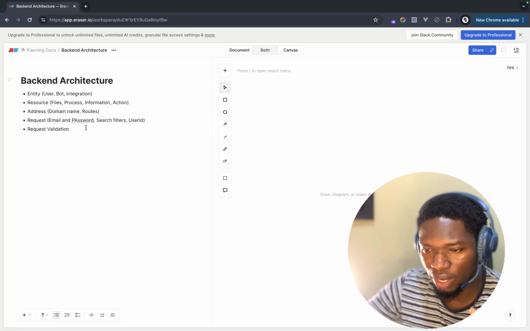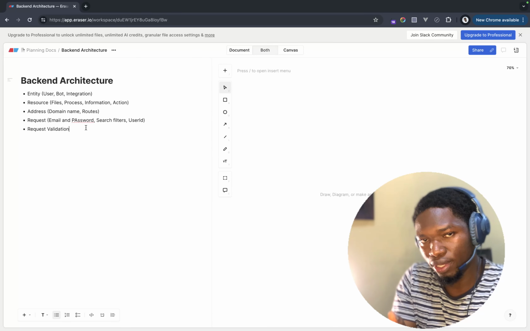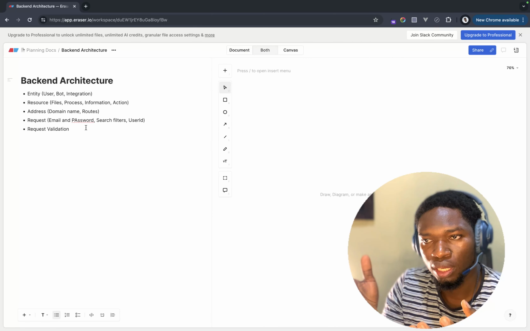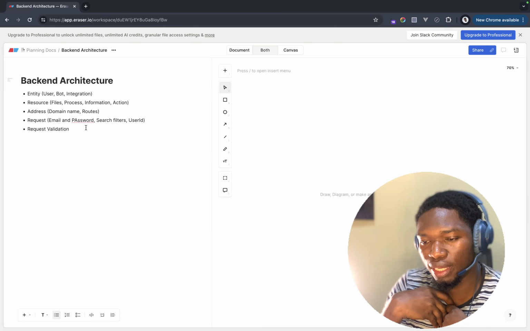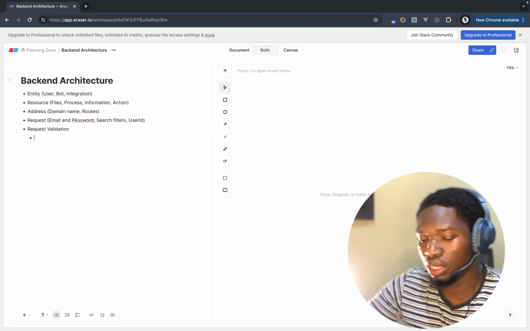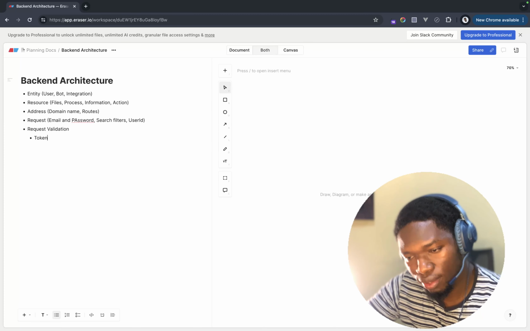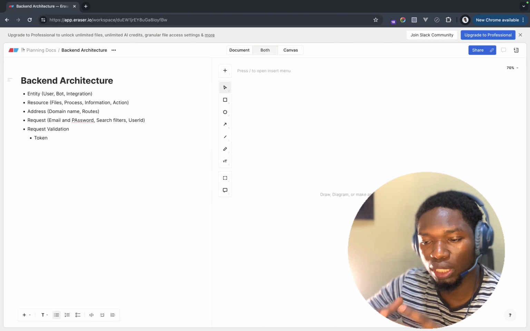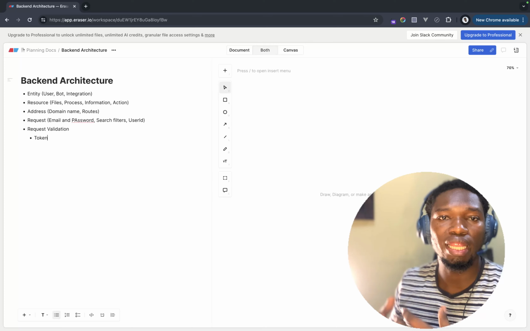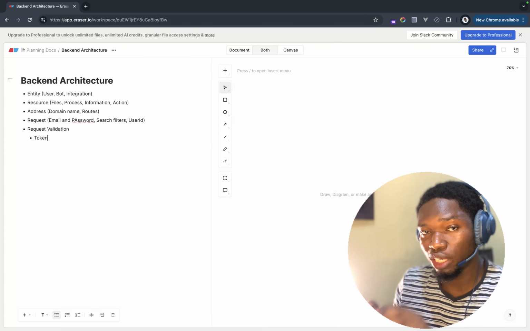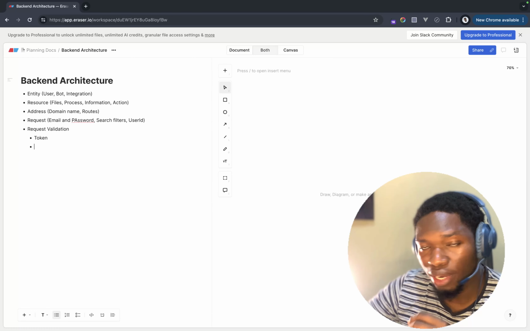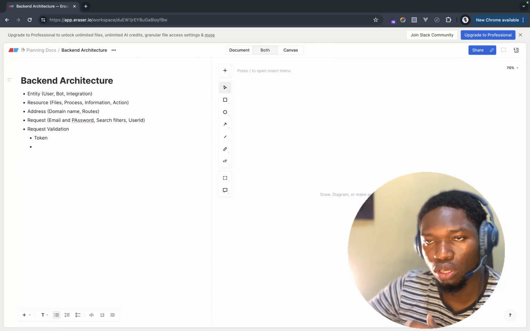So what do I mean by request validation? You are coming to an address with a request, right? They want to know who you are in the first place, based on what has been defined in this address. Do you have the key? Does this key of yours work, right? So some of the things that we check is maybe your token, right? When you've already authenticated to a service, they store a token on your browser. That's why you don't need to enter username and password all the time, right? So maybe they're checking your token, and the token gives them information on who you are, right? Now they're checking the request itself. They could also be checking